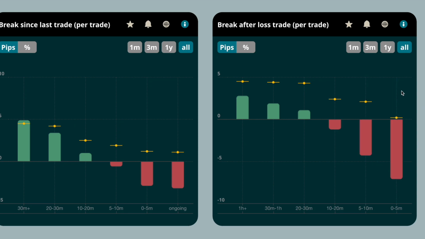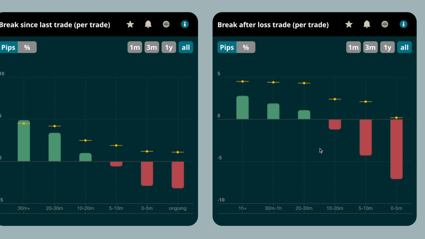Those two buckets make up more than 50% of the total trades after a previous loss of this trader, showing that he has a clear pattern of pausing only briefly or not at all after a lost trade. The total amount of trades after a lost trade you can derive by adding up all the trades of the different bars as shown here. Combined with the negative payoff in those trades, this behavior costs a lot of money.